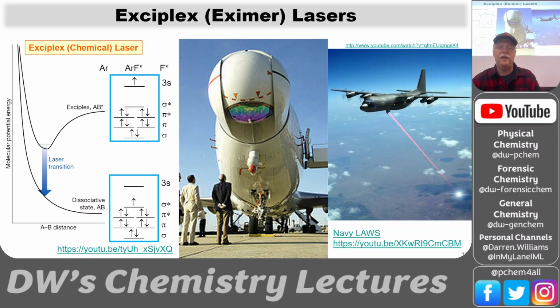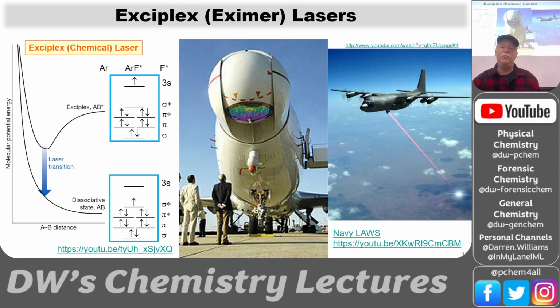We also can do this for knocking things out of the sky or whatever. These are some military implementations of these chemical lasers. So this is a 747 airplane with the whole interior body a chemical laser. And then it's got this optic thing on the front, and that's for shooting missiles out of the sky. So this is for boost phase destruction of missiles. So anti-missile defense, this can fly near a launch site, and if the missile takes off, it can lock on and shine that laser on the missile as it goes up,